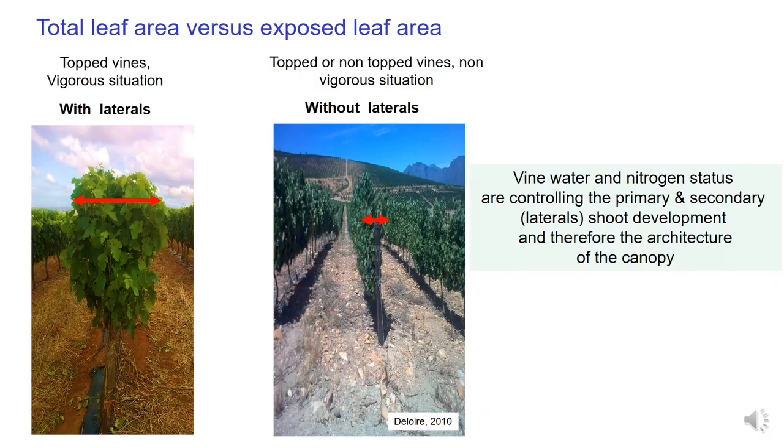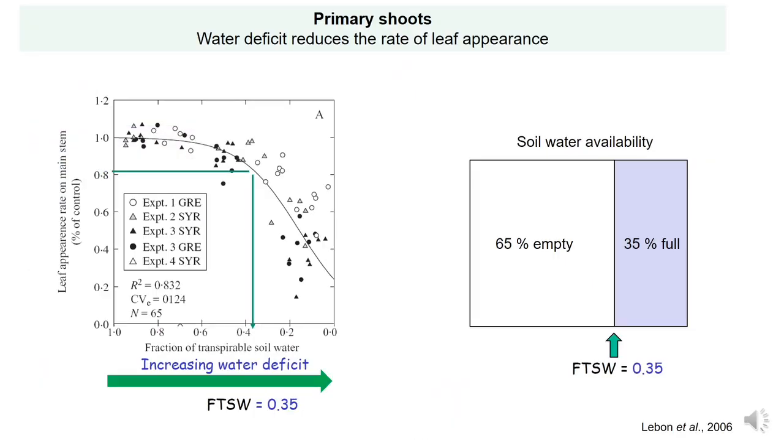The width of the canopy is due to the growth of the laterals, the secondary shoots, and the growth of the secondary shoots is under the control of vine water and nitrogen status. This study from Le Bon et al., published in 2006,